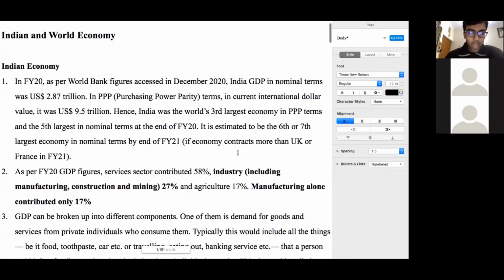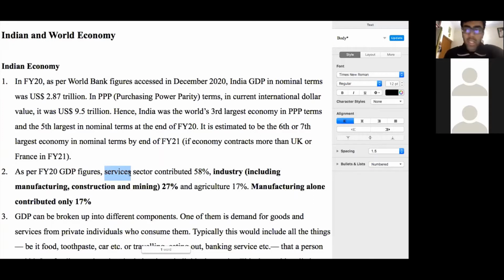So now we come to a very interesting fact about the Indian economy, which is globally, everywhere, economic statistics and economics, macroeconomics especially, is studied in various aspects, but one of the important elements is how the different sectors of the economy contribute to the GDP. So across the globe, there are 3 major sectors of the economy defined for the purpose of economic study, which are services, industry, and agriculture.